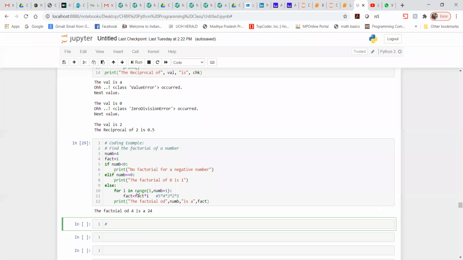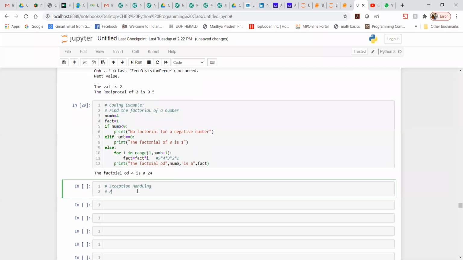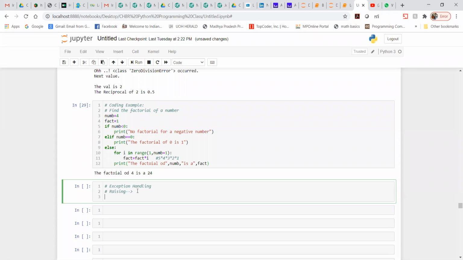So here let me write exception handling. In exception handling, I am going to do what I'm trying to explain. It's raising. How am I going to raise? Guys, are you able to see my screen? If yes, I'm going to raise. Let me write the raise keyword, and then write any sort of exception, maybe KeyboardInterrupt.